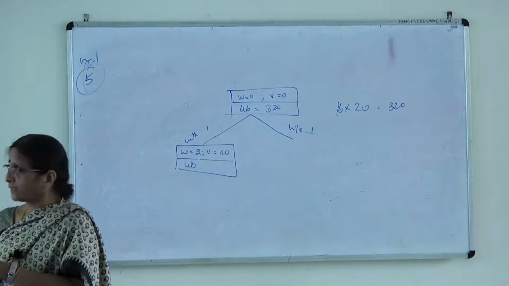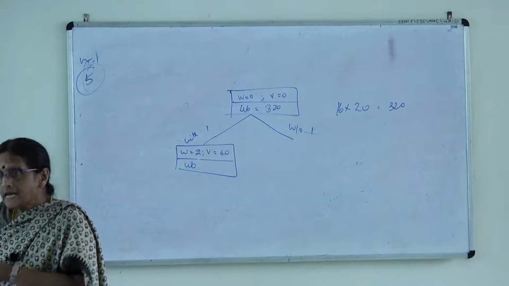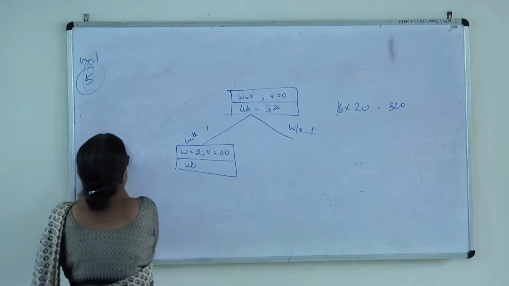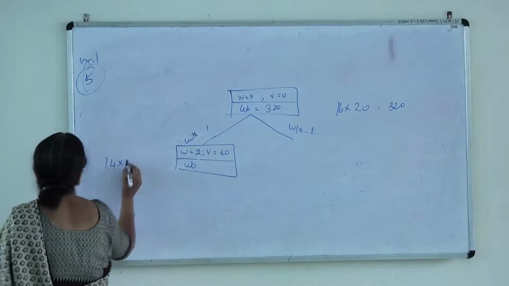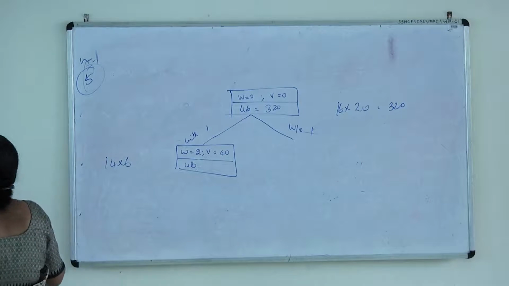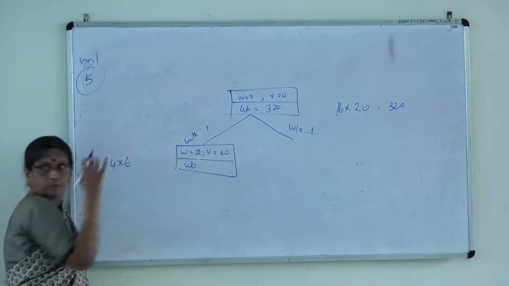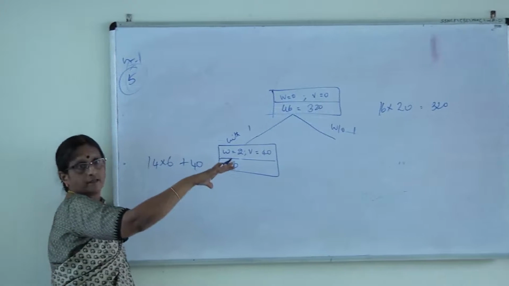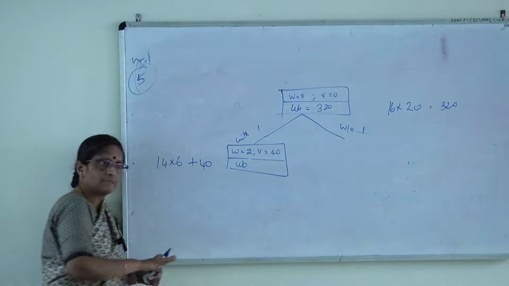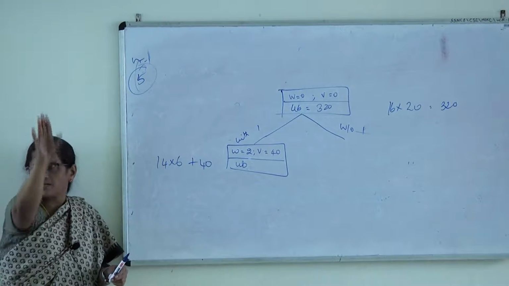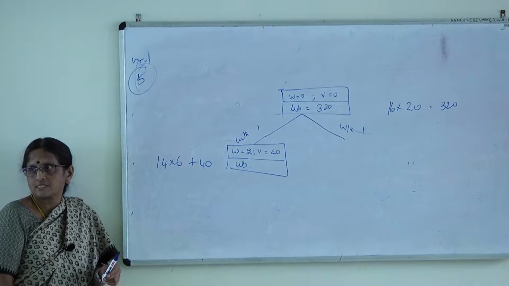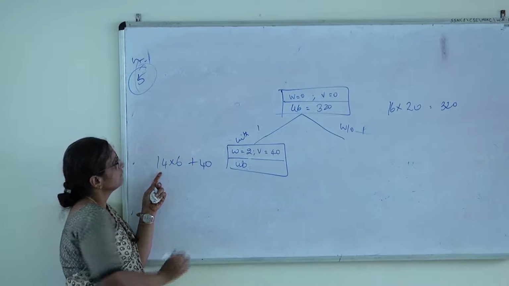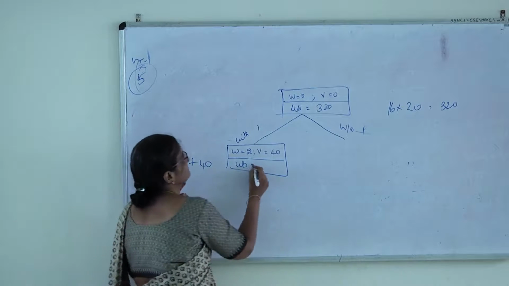To compute the upper bound, you are going to fill it up with the next valuable item because I have already committed to item 1. So what is the next valuable? 14 multiplied by 6. And I have already put 1, that has to be also added. This is the committed value, I have already added 40. The remaining space, I fill up with the next valuable item. That's why we arrange it in descending order. That way it's easy for us to pick up items. So now, what is this? 124.